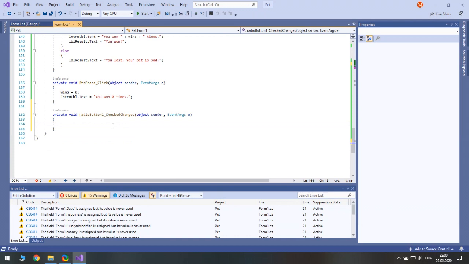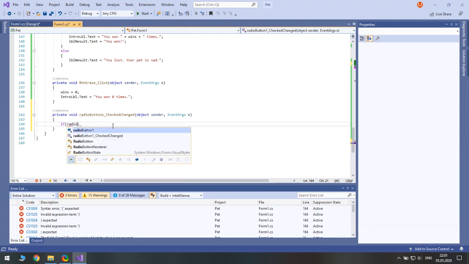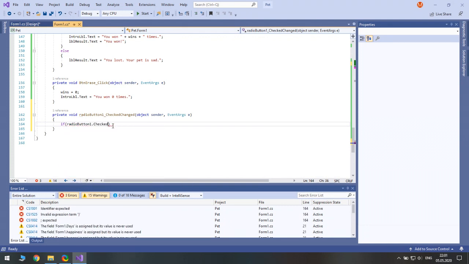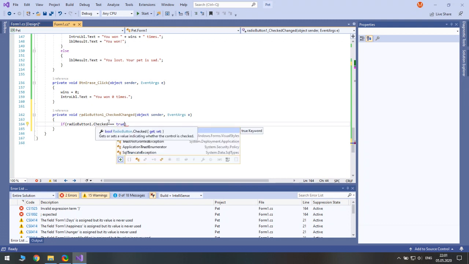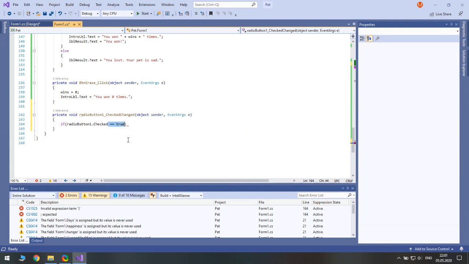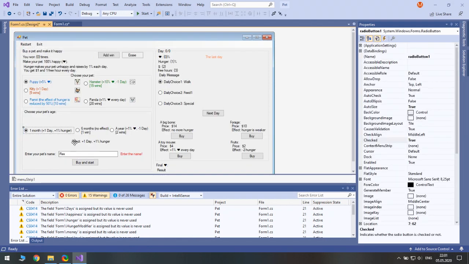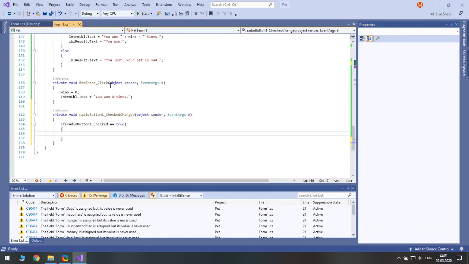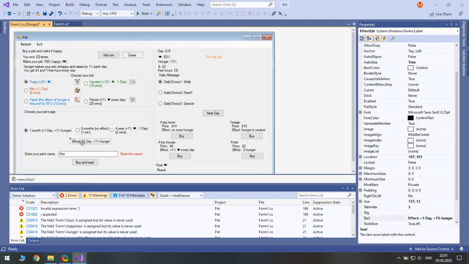Its name is radio button. Well, whatever. So we check if radio button 1 is checked, so equals true or just true, but I prefer to make it explicit. We change the text here, so effect label text should be equal to this very same text.